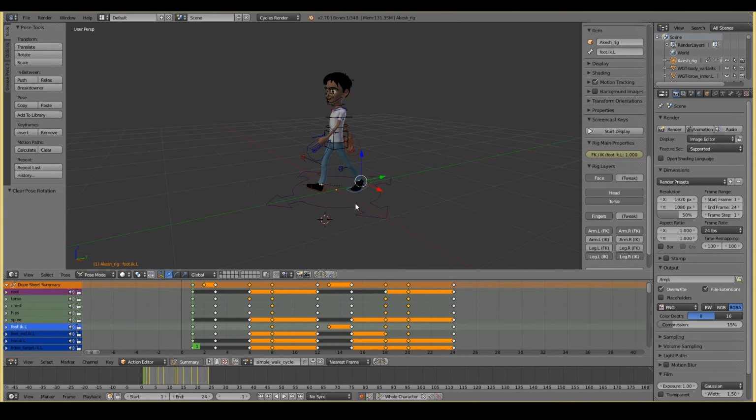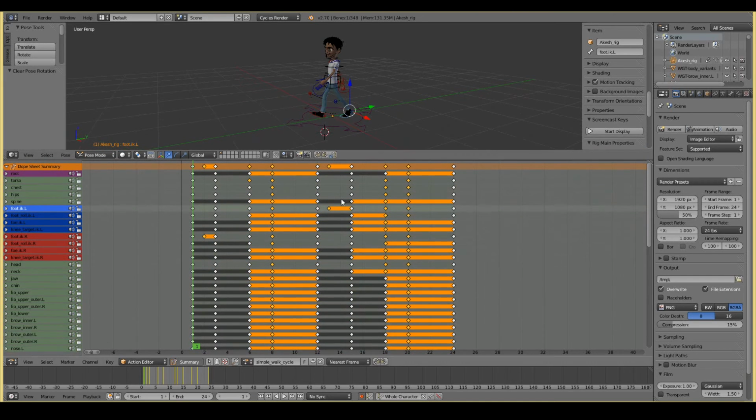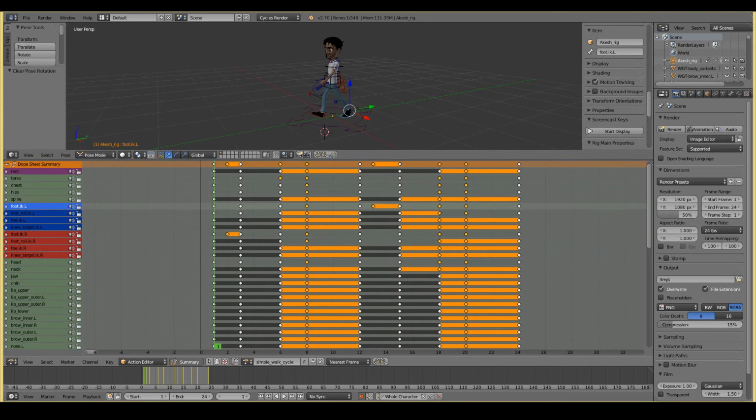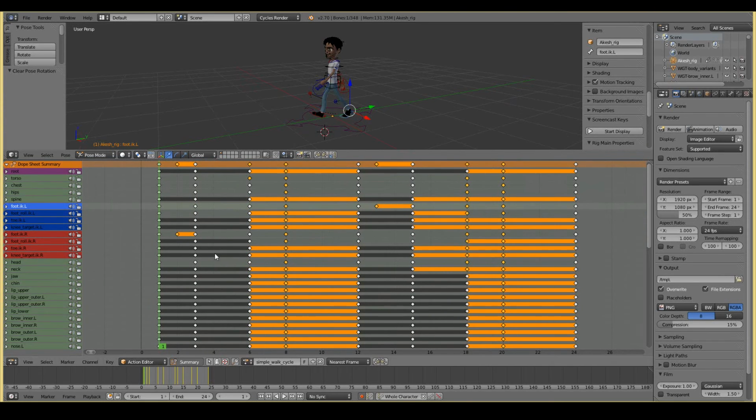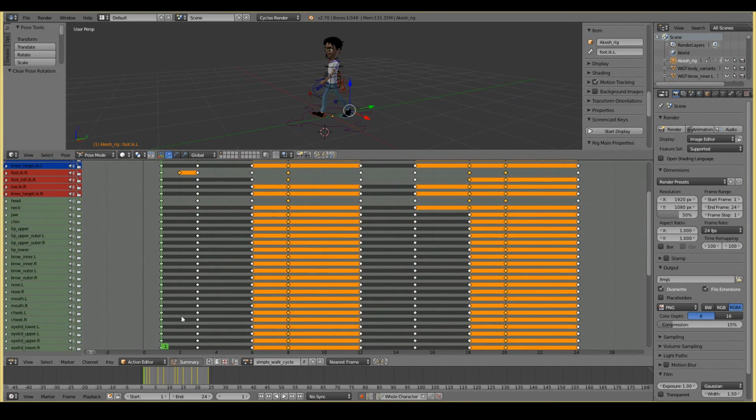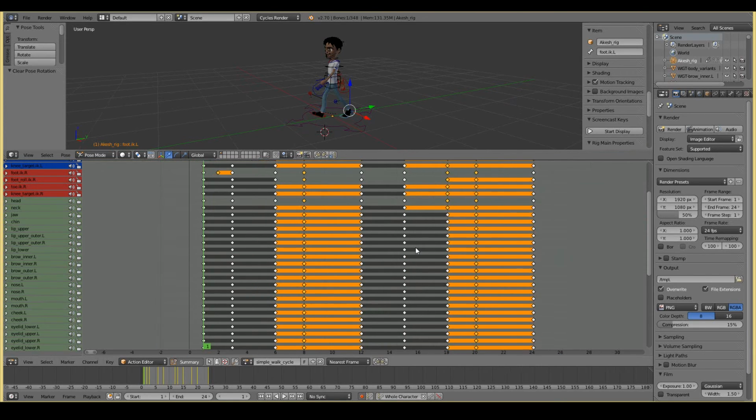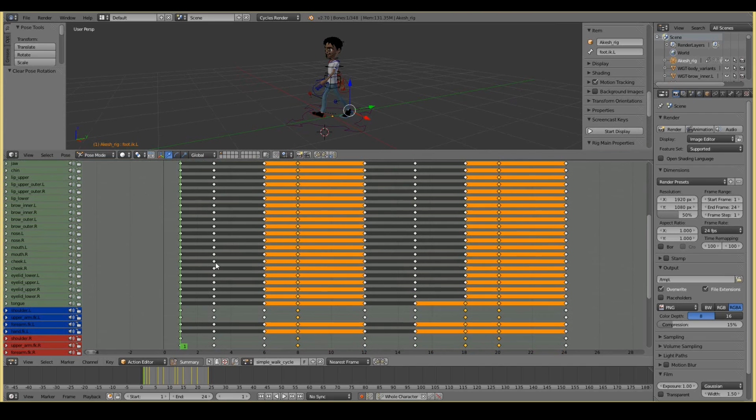Alright, so I'm just gonna quickly mention one more thing in terms of the poses, in terms of normal character animation principles, and the how to approach character animation video that I did earlier. You can see what I mean by the organized keyframe technique that I was talking about, that Keith Lango also mentioned in his tutorials. You have very, very organized keyframes here.